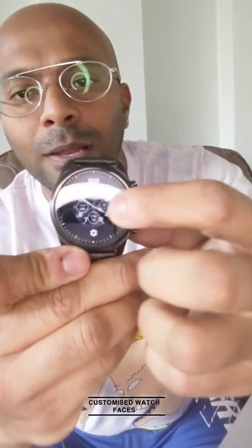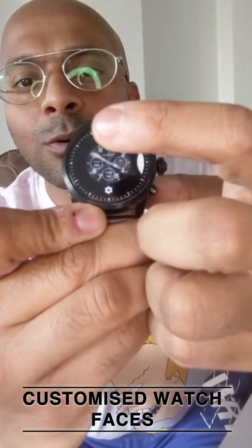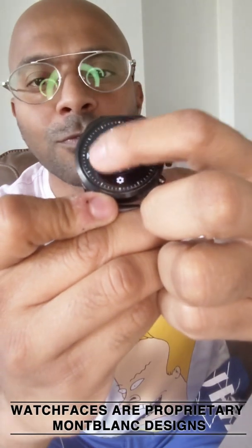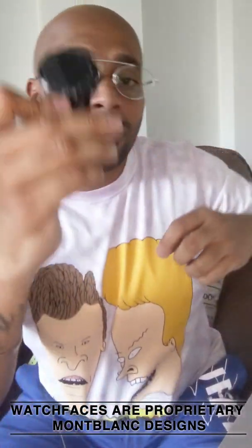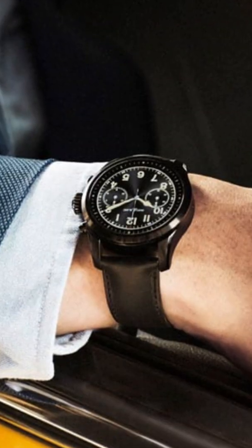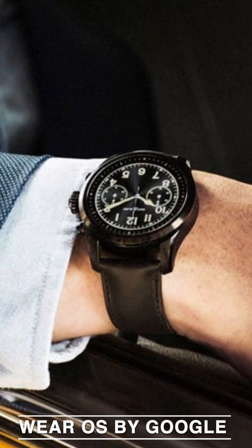So yeah, you can see one there, there's another one here. These are only meant for Montblanc watches. You would not find them on any other watch, and that's what makes it really special and premium. Sure, it all comes at a price, but you know you're wearing a Montblanc, and it's Wear OS, which means